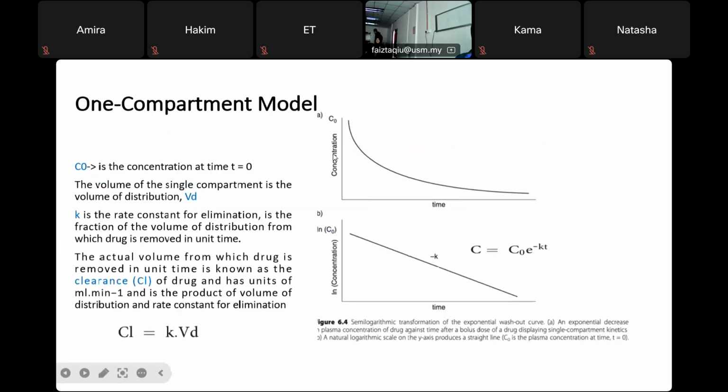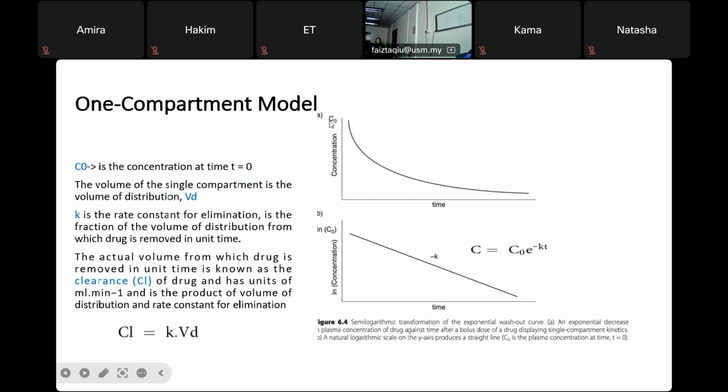If we see this concentration time graph, the elimination is actually exponential. So from the one compartment model, the mathematical equation to predict the concentration is this